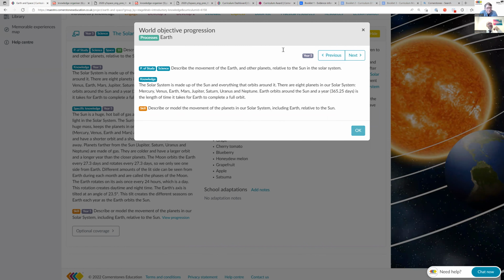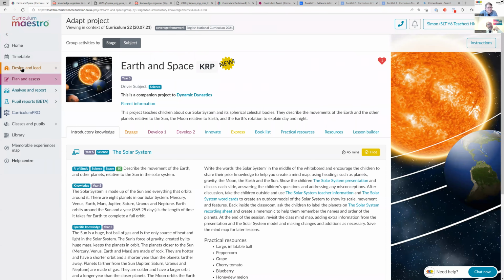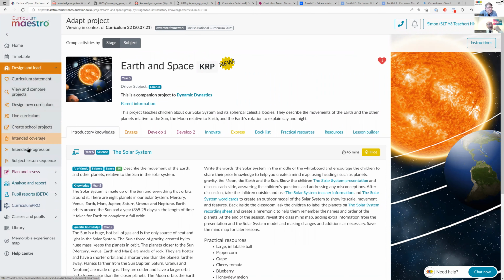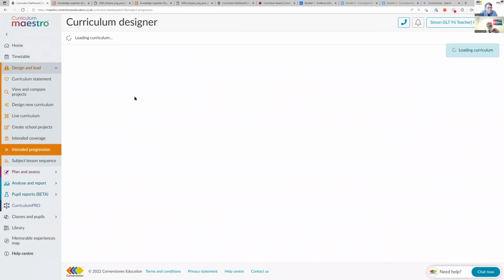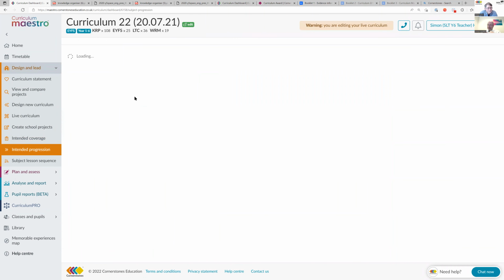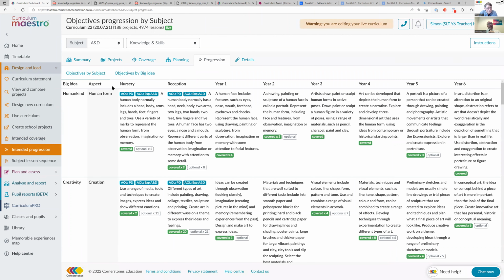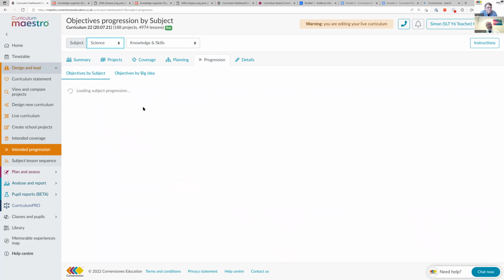Yeah. And we're able to do that because the entirety of Maestro and the curriculum is built on a very comprehensive progression of skills and knowledge framework. That must have taken a very long time to do. Yes. It took about a year to two just to create the framework, to then build the curriculum onto the framework, so that all those interconnections and interlinks, not just within a subject, but between subjects, were created. And we did that for all the subjects.